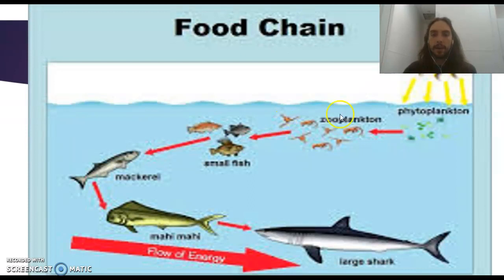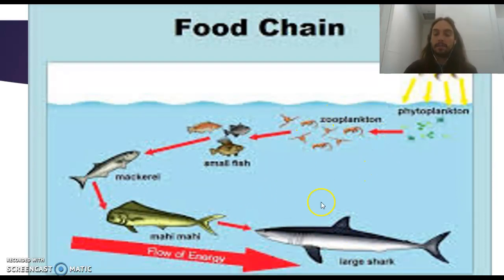So think about it. And then we've got the food chain here. So imagine if this large shark becomes extinct. What's going to happen? We're going to get more mahi-mahi. They're going to have to eat, so they're going to eat more mackerel. There's less mackerel, so then there's going to be more of these little fish, and then there's going to be less zooplankton, which means there's going to be more phytoplankton. So these systems get really screwed up when you take out one species. If one species becomes extinct, then the whole system starts going crazy.